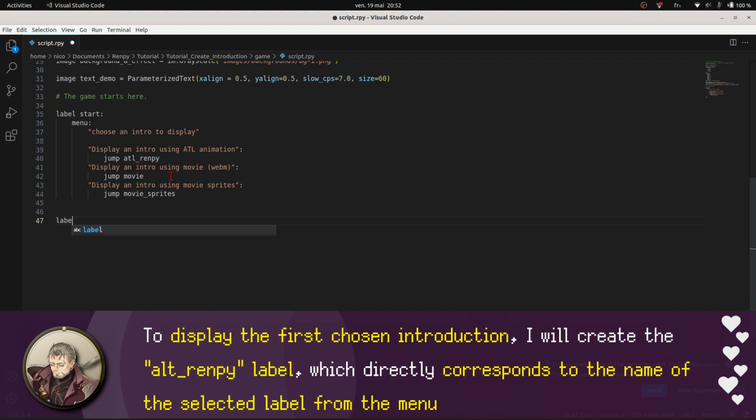To display the first chosen introduction, I will create the ATL_RentView label, which directly corresponds to the name of the selected label from the menu.